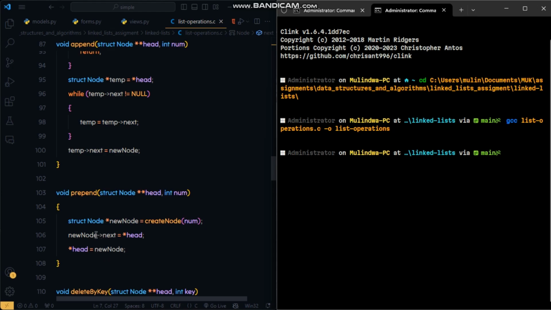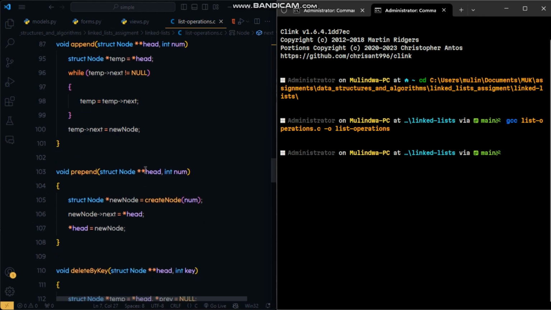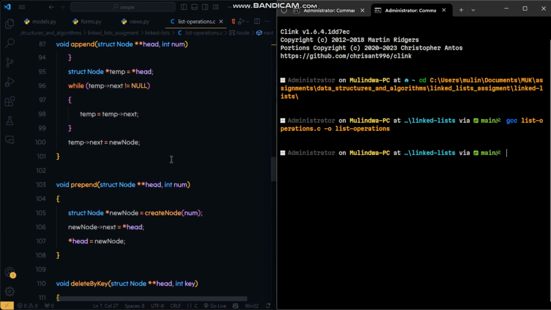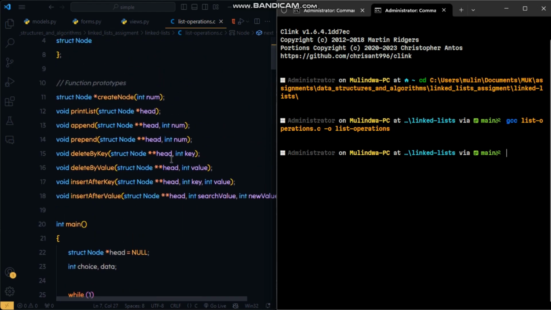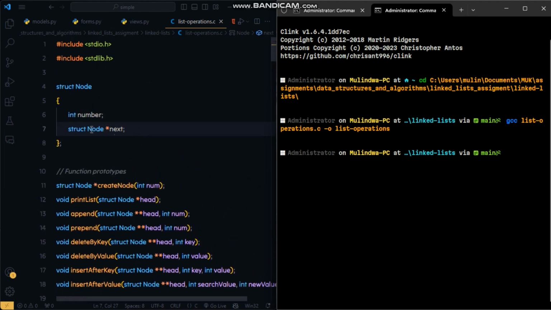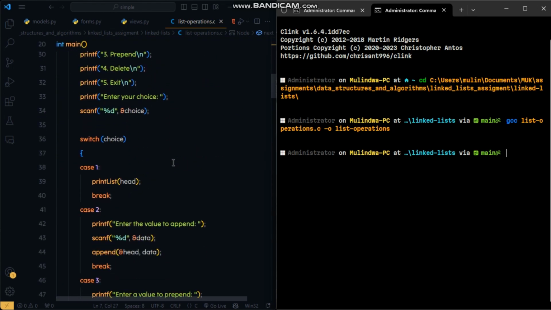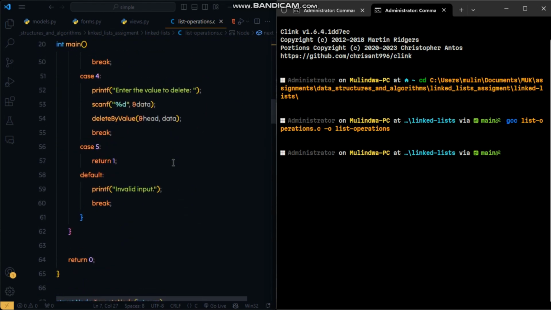Also notice when you're accessing a struct through a pointer, it has to be this arrow, not a dot. Sometimes not as well. And also note that here we're using double pointers, not single pointers, because if you were to use a single pointer, then you'd be working with local memory. And remember, each node is supposed to hold a pointer, not a local variable. Yeah, that was prepend,